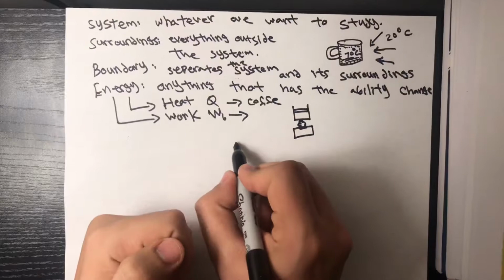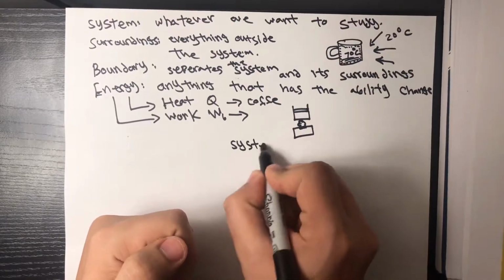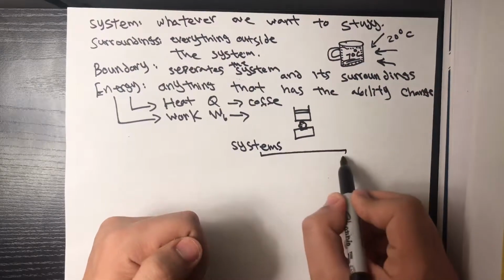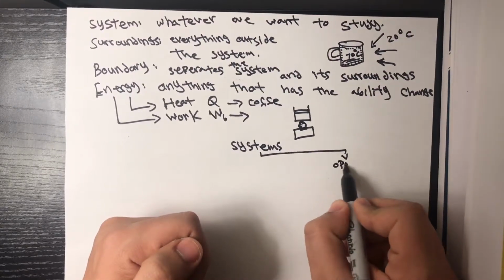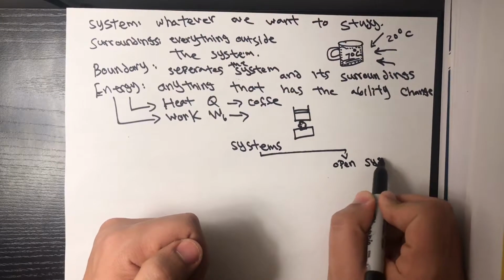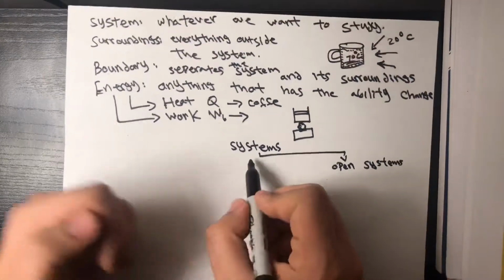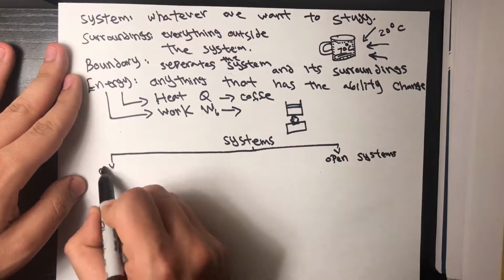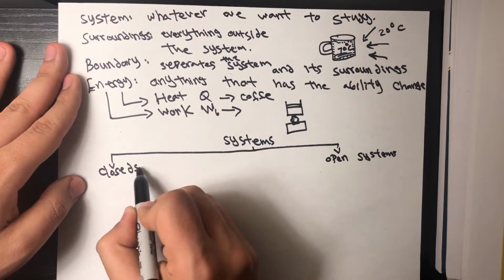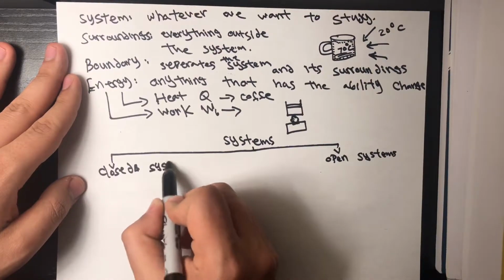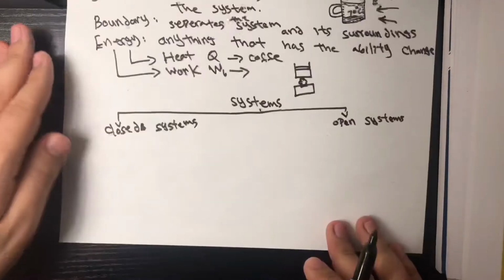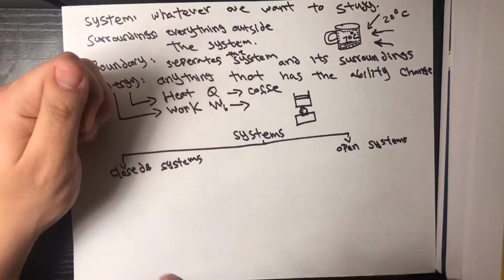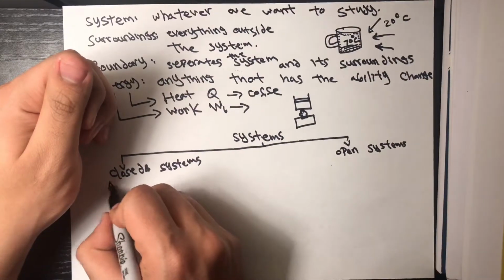Usually in thermodynamics, I'll stop saying usually as much. You have open systems and you have closed systems. Let's get a little bit more space here. All right. So closed systems, let's start with that. Closed systems are usually known as